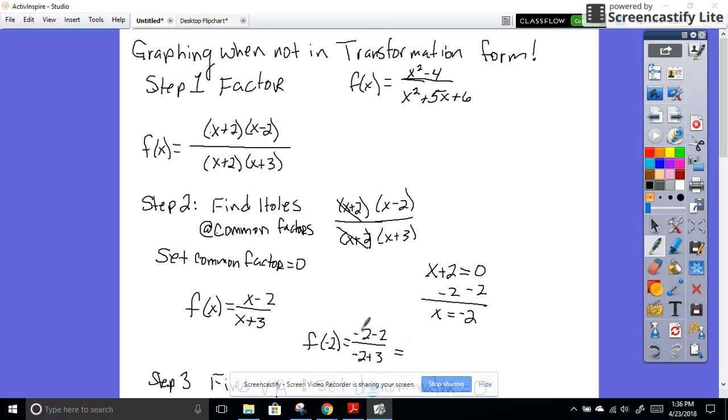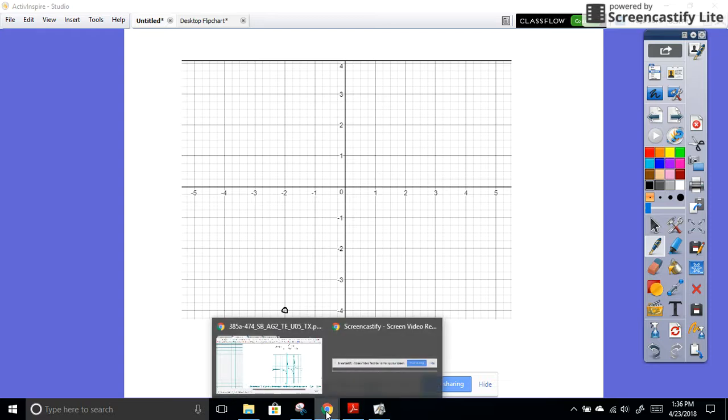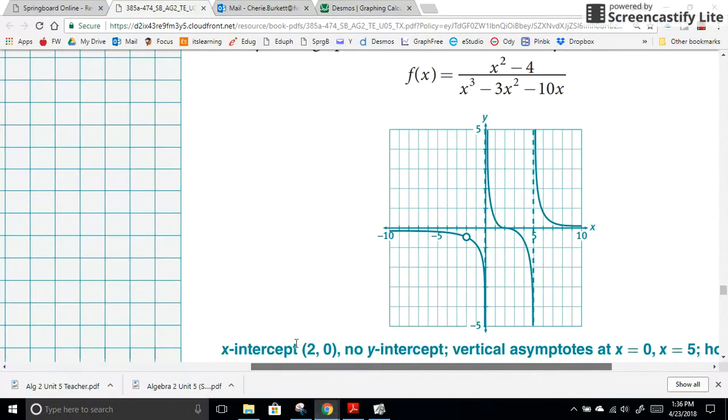Okay, so we plug in negative 2, we get negative 4 on the top, we get 1 on the bottom. So that means that we have a hole at negative 2, negative 4. Okay, we don't know much about our graph, but so far I know that if I go to a piece of graph paper, I go to negative 2 and I go to negative 4, I can draw an open hole right there. Okay, so if you go to Desmos and try to graph this,